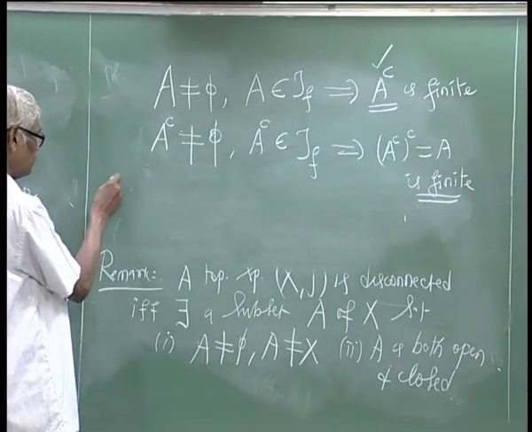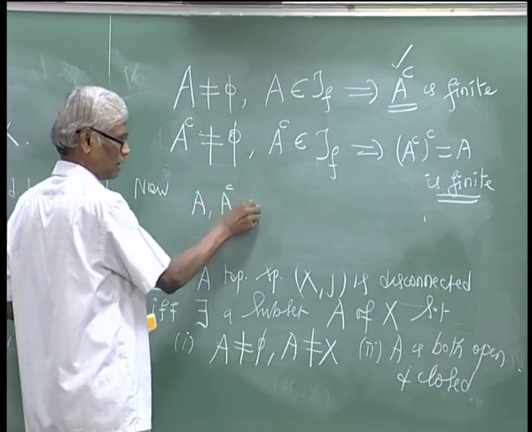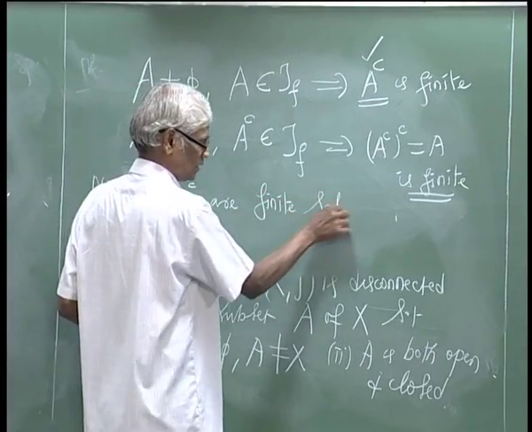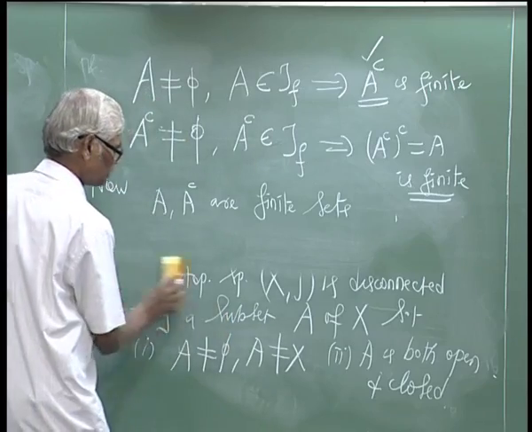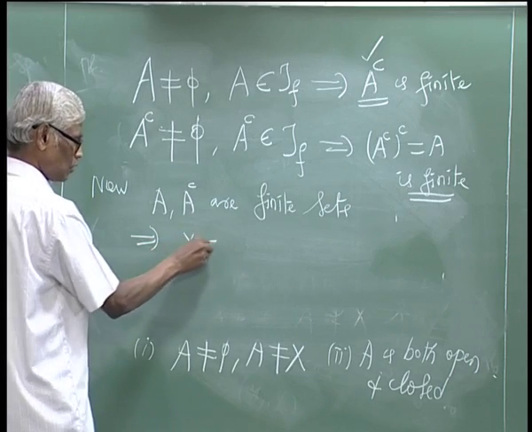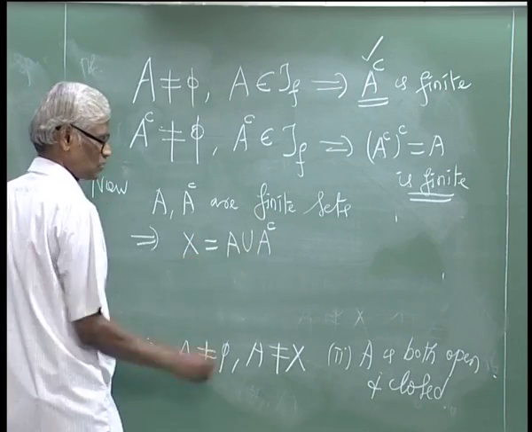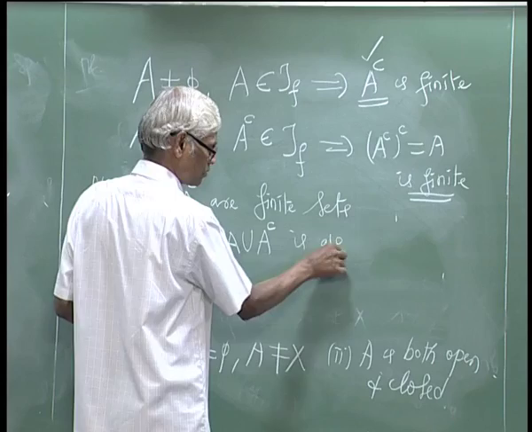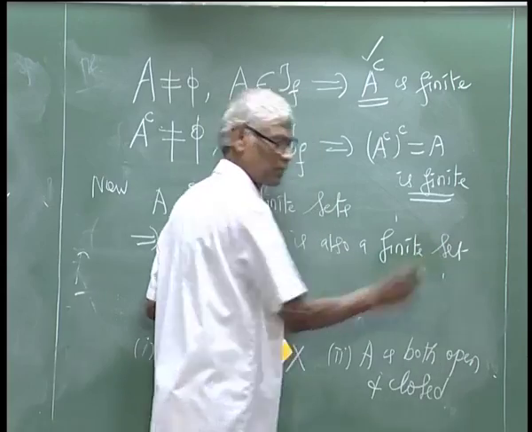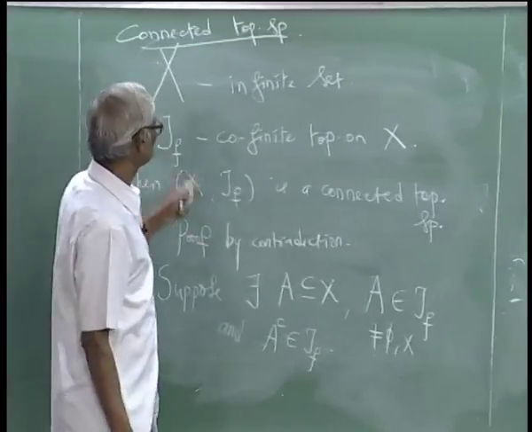Here A and A complement are finite sets, meaning finite subsets of capital X. This implies X equals A union A complement, where the complement is with respect to X, is also a finite set. That implies X is a finite set, but our assumption is X is an infinite